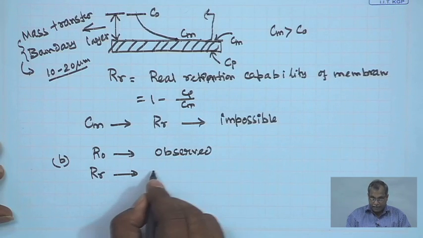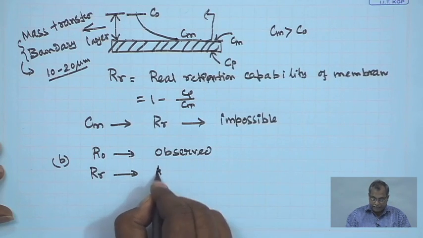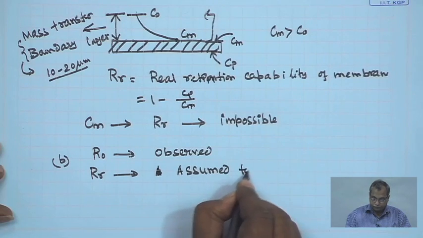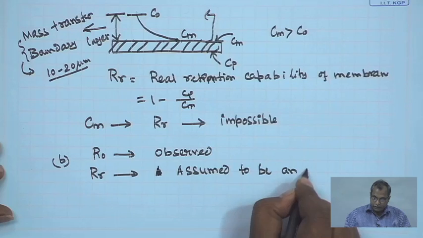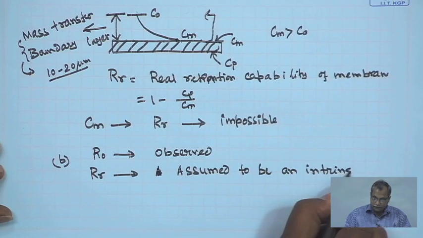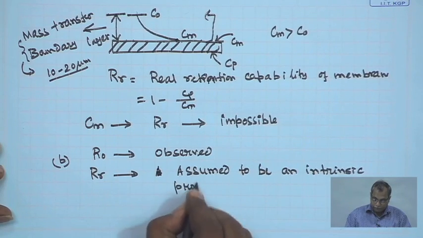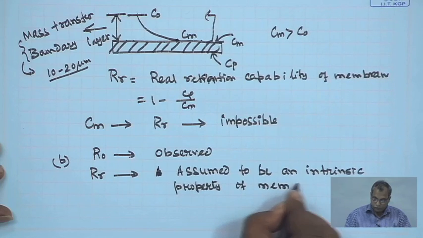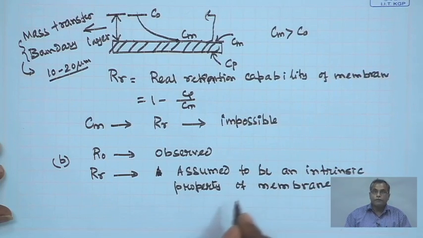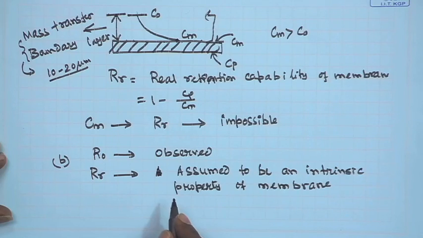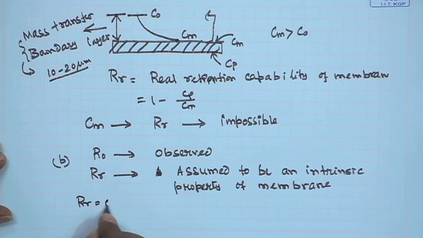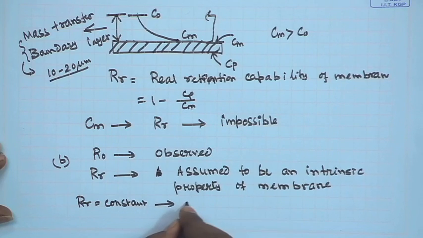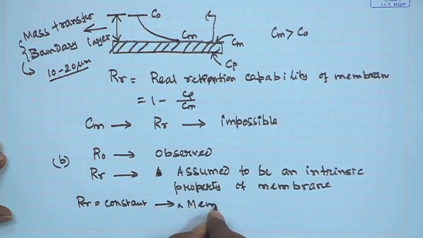So, therefore, it is assumed to be a constant, an intrinsic property of the membrane. Real retention is supposed to be constant for a particular membrane